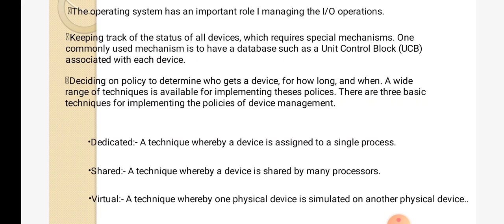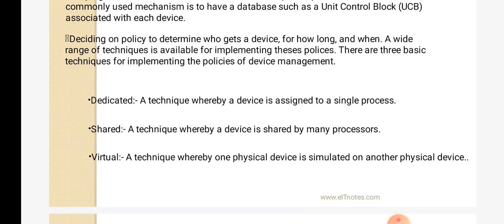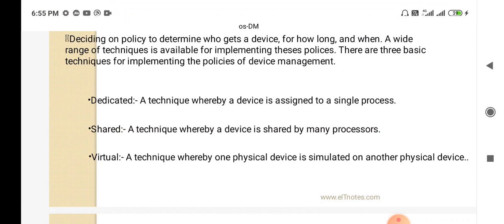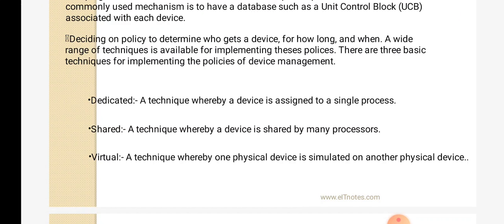Based on the policy, how long a device is going to be assigned, and when, is determined. When you discuss device policy, there are three types of devices: dedicated, shared and virtual. For each type of device a different policy must be enforced.